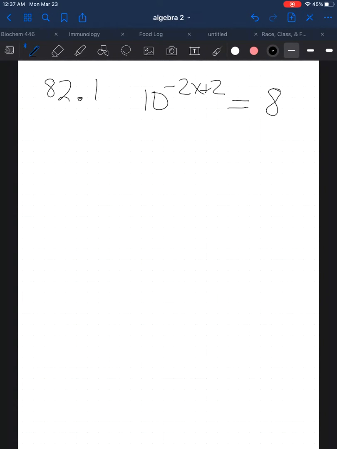So when you look at this problem, you might think, gosh, how in the world are we going to solve this? That's a base 10, that's a base 8. They're not the same, they don't cancel out. Well, you're right, they don't. But because there is a 10, if I take the log of both sides of this equation,